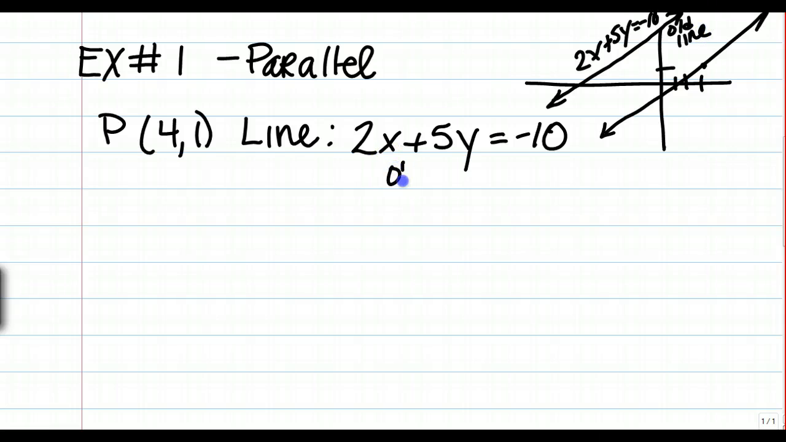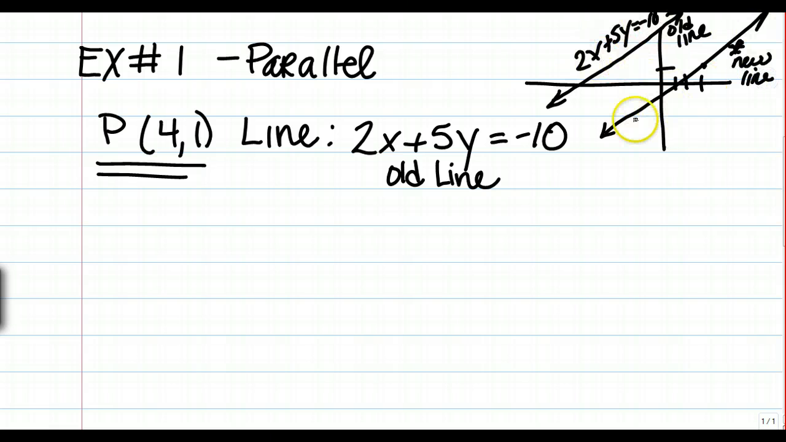So they're going to give you an equation of an old line. I call it the old line. And it wants you to find a new equation parallel to that old line that goes through this point right here. So if I was going to draw a line parallel to it, I'd make sure it went through the point 4, 1, and it would be parallel to it. And this is the new line. So you're finding an equation of a new line that is parallel to the old one that goes through that point. That's what the directions are saying. In order to do that,